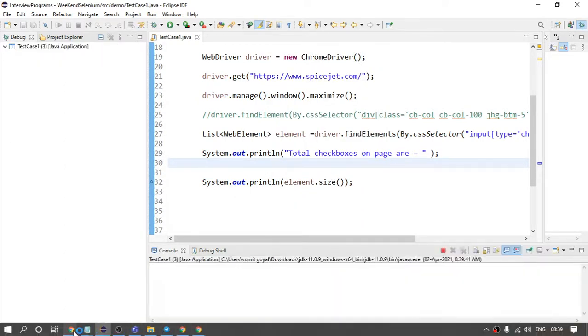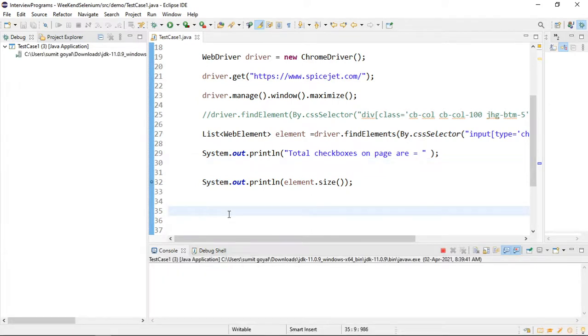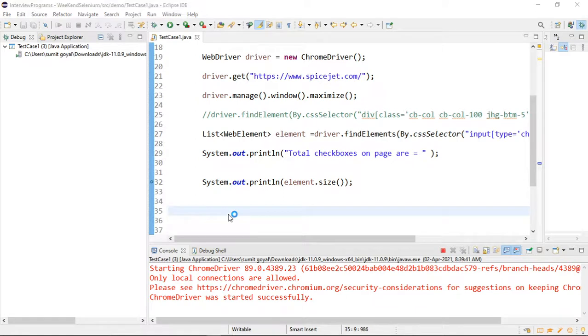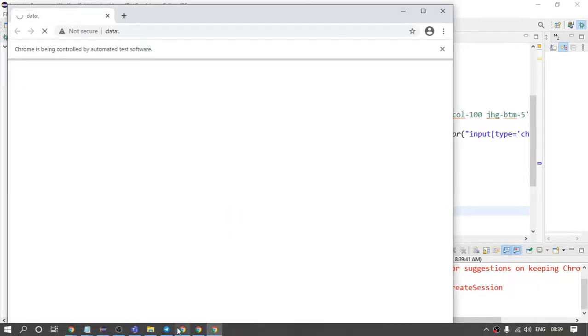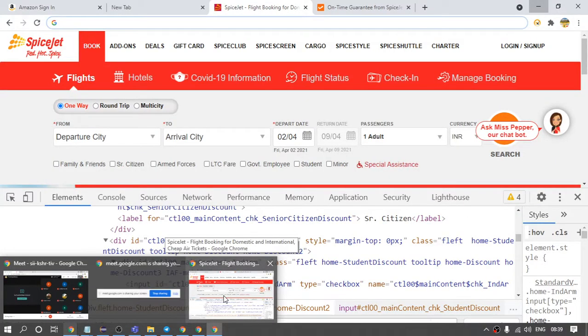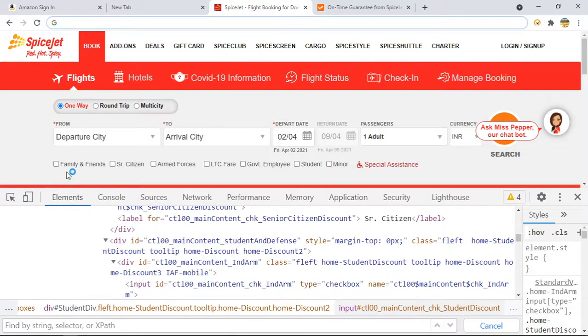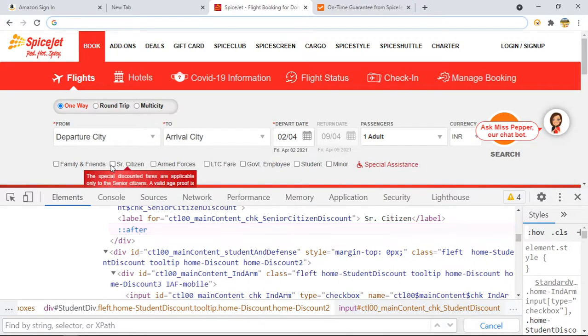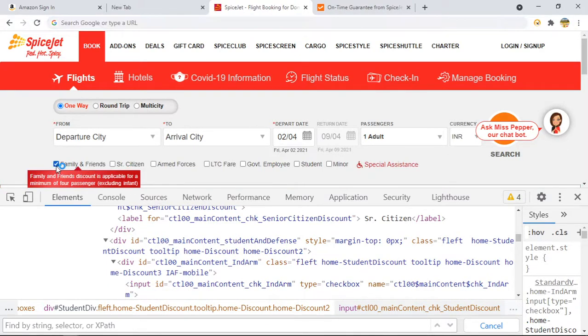Similarly, you can do it for the radio box. Just suppose you want to click any checkbox. As I've told, if you want to click on a particular checkbox, you can use the dot click method. If you can try that, that will be an assignment for you. I think I have not given the assignment yet, I will post in the group today because we have covered most of the topics. So if I want to click on this checkbox, I can use the dot click method by writing the unique XPath.